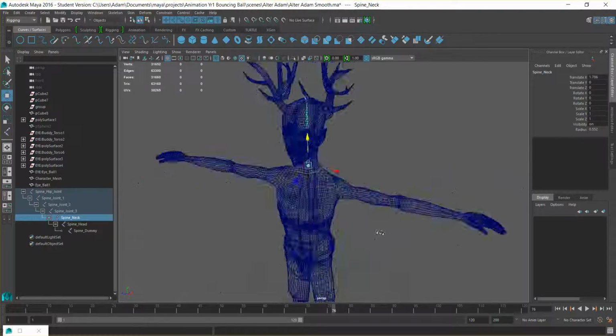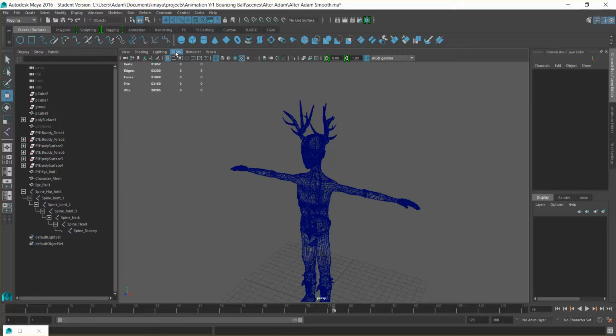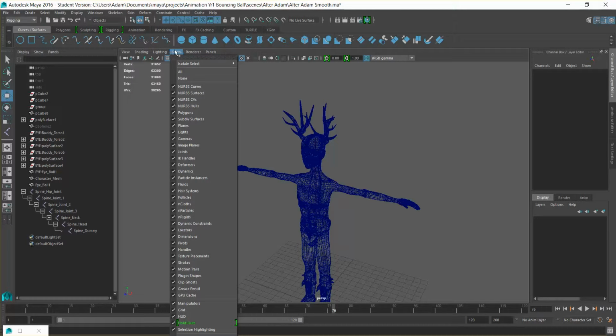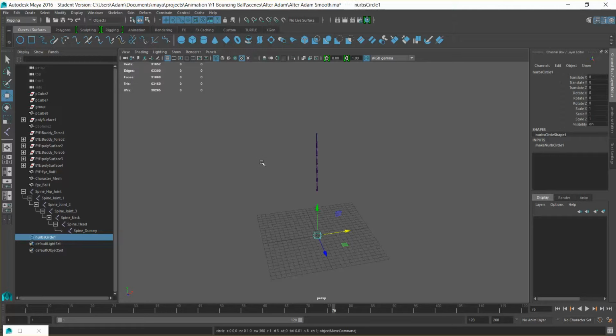So around there, and yeah. Okay, so the next stage is to start adding in our controls. So what I'm going to do is turn off polygons so I can see these, and I'm going to create a curve, a circle from the curve menu set, and I'm going to change the radius from the inputs